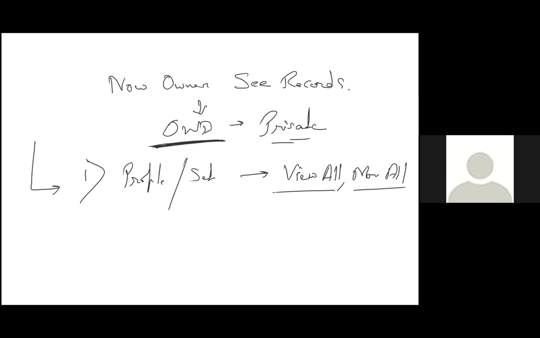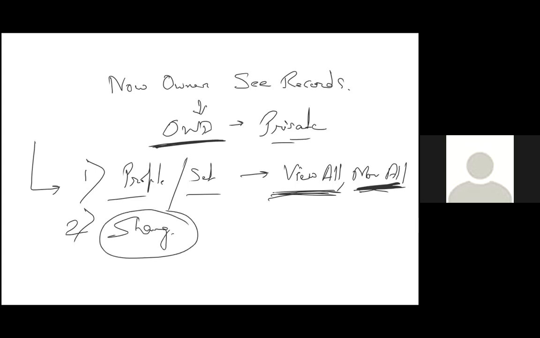Okay, but this is everybody's record I can see. How do I now give conditional bypass? First few records, not all records. Here, all records can be seen by admin. So this is not sharing. Conditional record access is basically given using sharing. What are the different mechanisms of sharing? Let's discuss that. So today's topic is sharing.